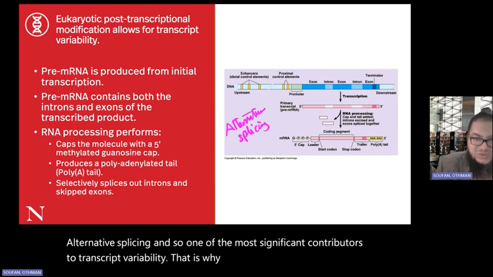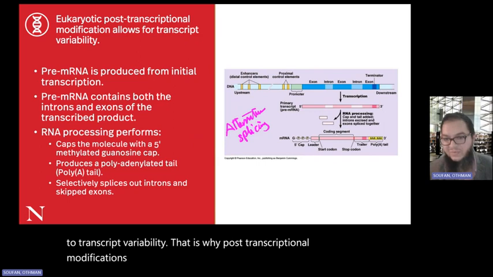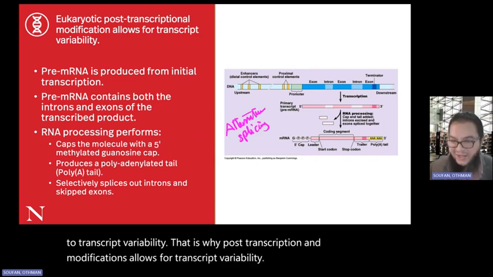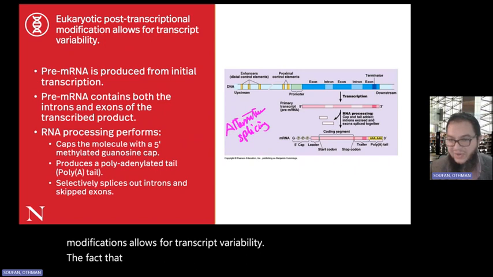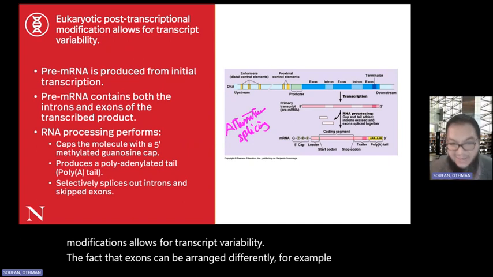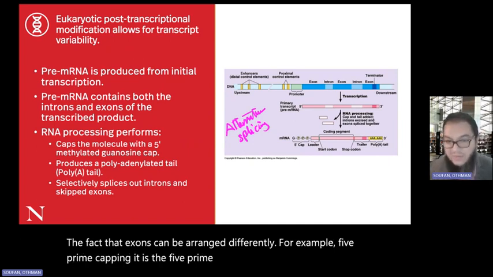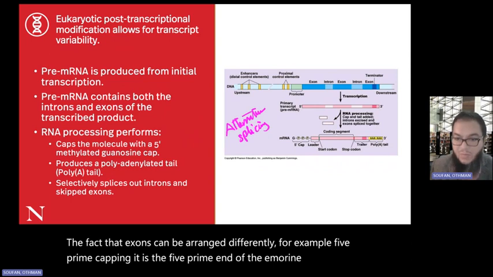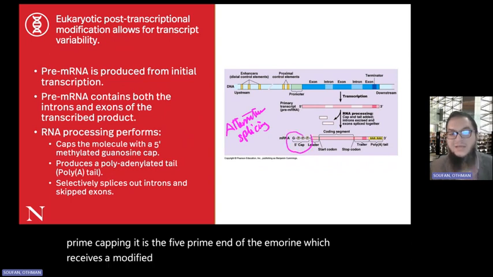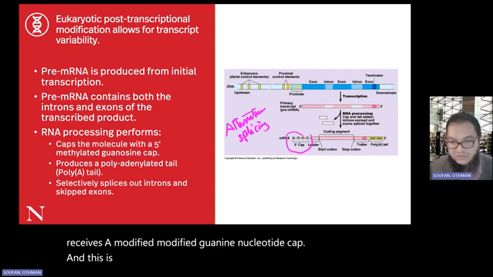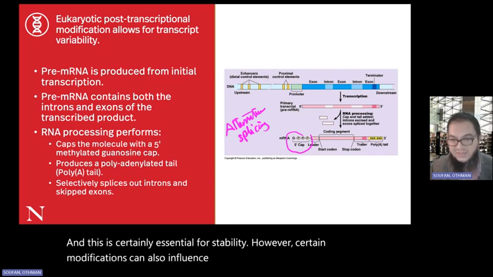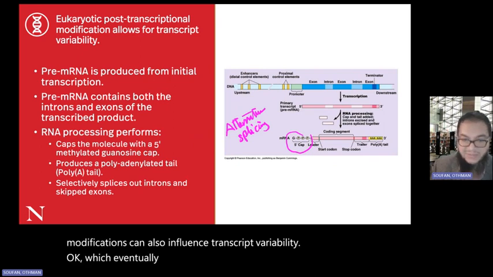That is why post-transcriptional modifications allow for transcript variability, for example the fact that exons can be arranged differently. 5' capping is where the 5' end of the pre-mRNA receives a modified guanine nucleotide cap, and this is certainly essential for stability. However, certain modifications can also influence transcript variability, which eventually also affects stability, and so on and so